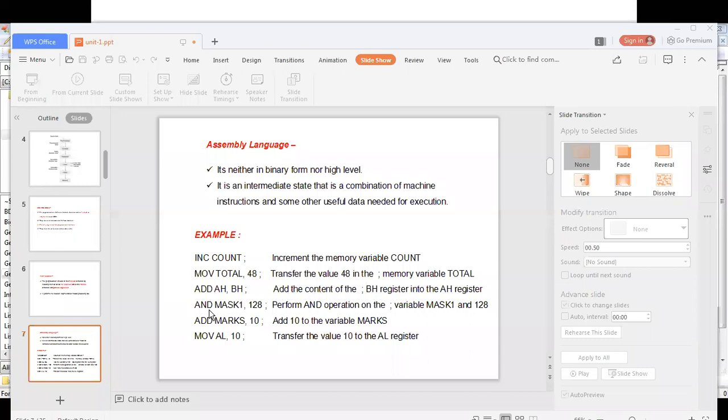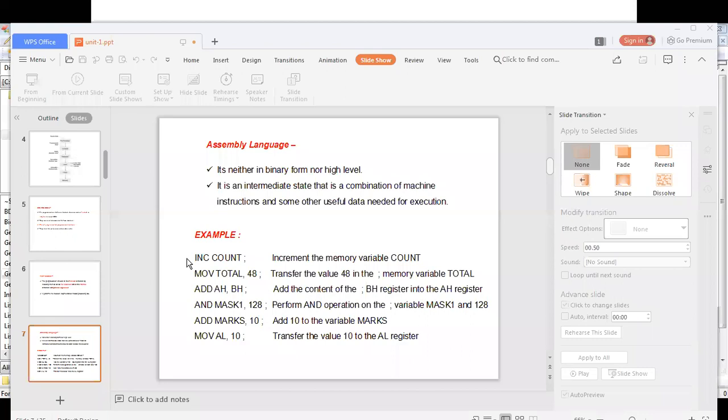End operation: to do the end operation, the command is end. We are using logical or logical end operations, and for these we have commands. Like this, an assembly language is also known as the symbolic language. Then we have codes for every operation.